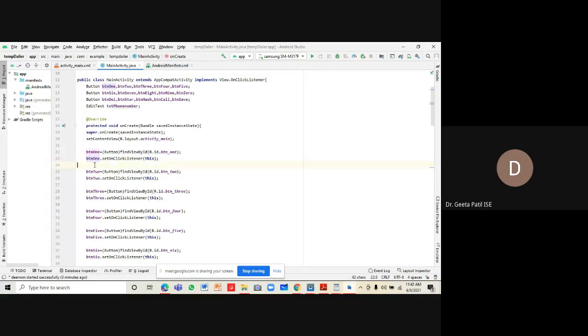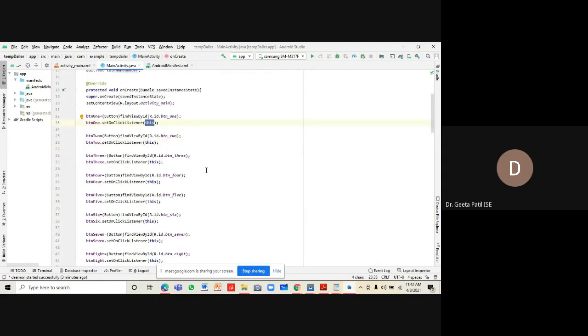So for example, button1 is a reference to button underscore 1 from the XML file. That is done by our findViewById method, and we are setting the on click listener, button1.setOnClickListener, to this particular button.